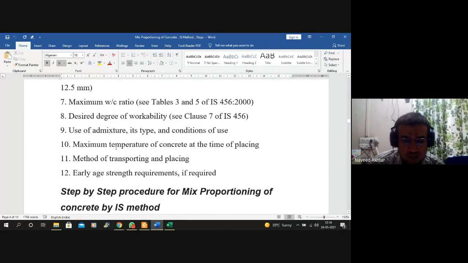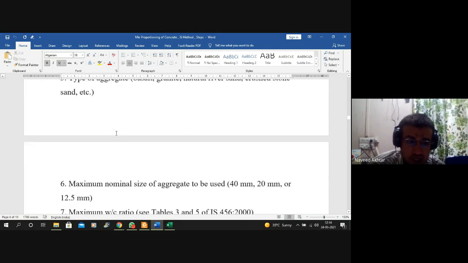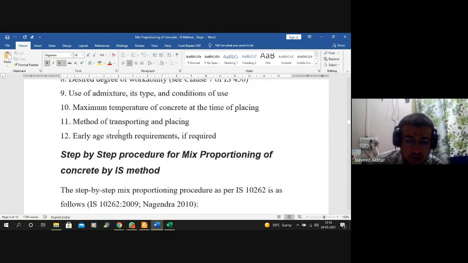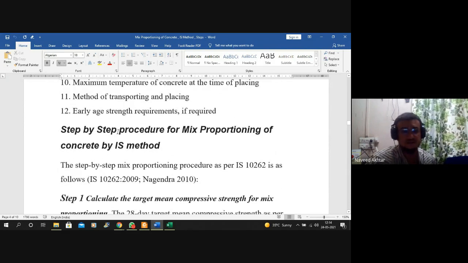Also, the maximum temperature of concrete at the time of placing, method of transportation and placing, and early age requirements of the concrete. These are the data we required for the mixed proportioning of concrete.